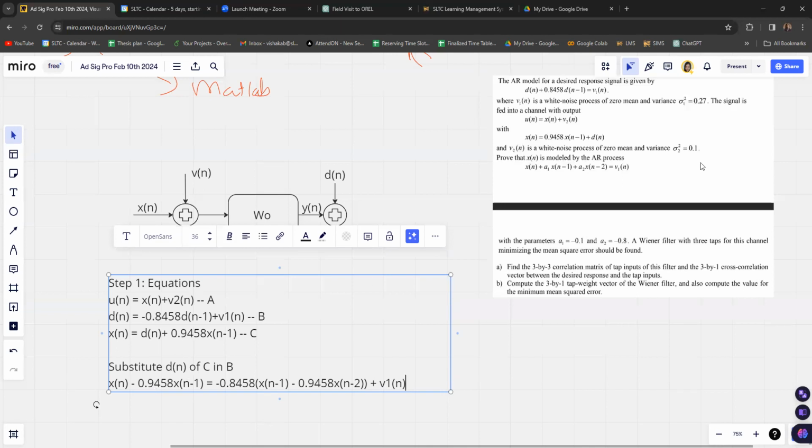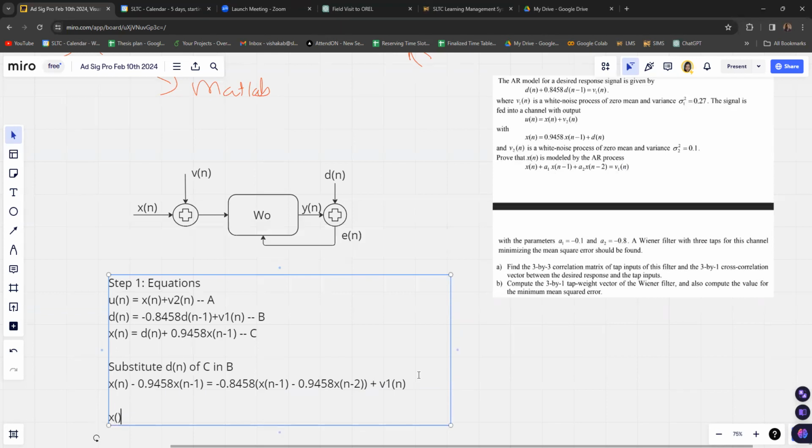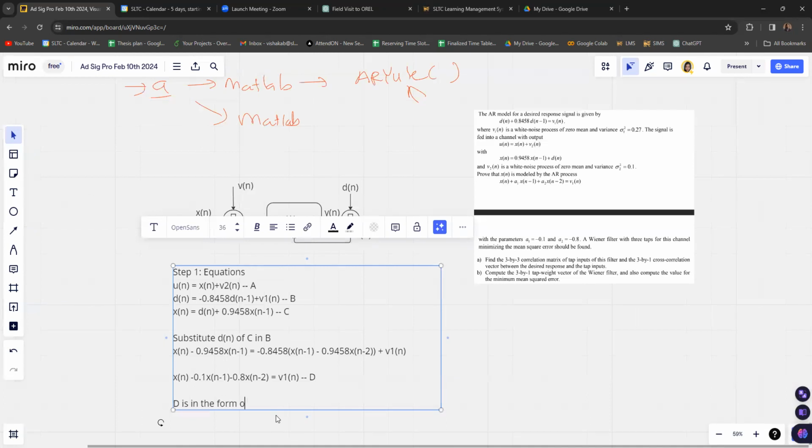By solving this equation, we can get the equation that is mentioned in here in a similar manner. We will get something like 0.799 here, but it will be almost equal to 0.8. So we will get an equation like this. So D is in the form of